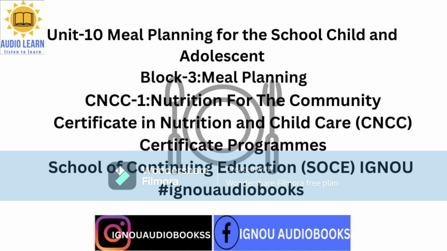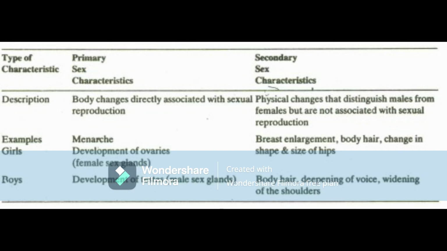In the case of boys, hair appears in the pubic, axillary and other body regions such as the cheek, chin and upper lip, and there is a change in the voice. We have just talked about several sex characteristics. We must add that sex characteristics are basically of two types, primary and secondary, as indicated in the chart on the next page. Look at the screen for table content.